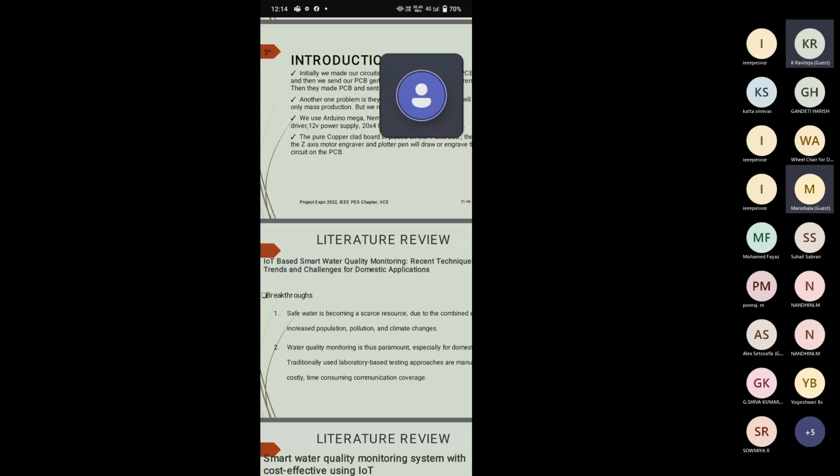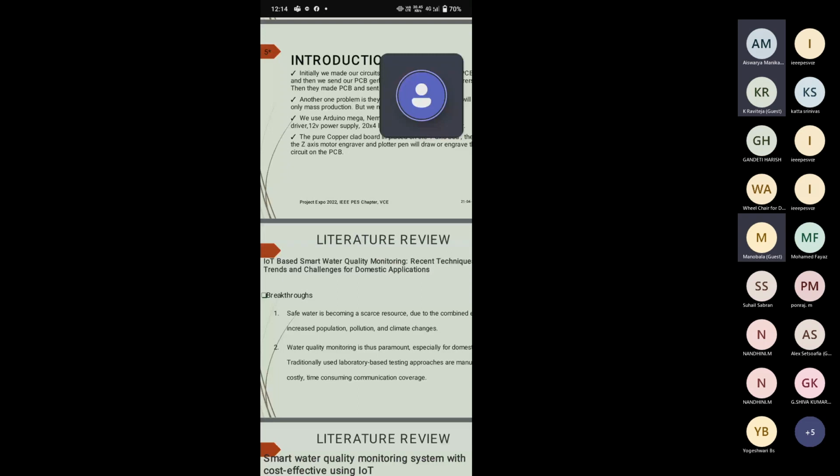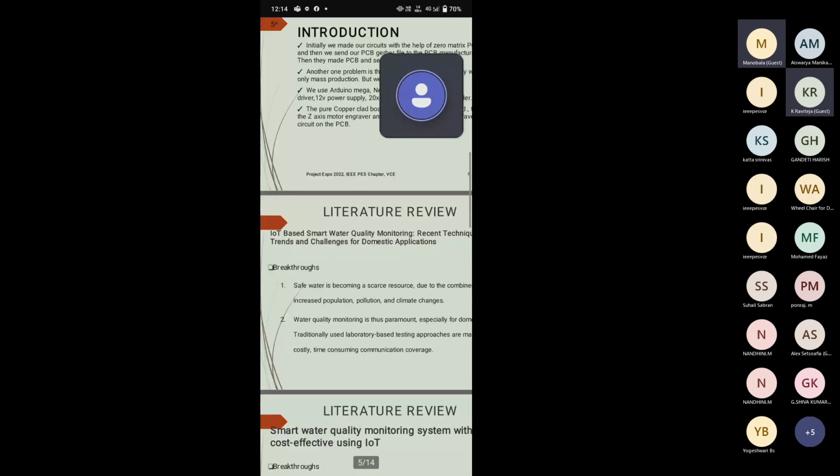It is not working like that, so we are expecting a major one. For that purpose, we are going for a NEMA 17 stepper motor based operation. So this is the first literature survey we are taking. And after that, we are giving a print